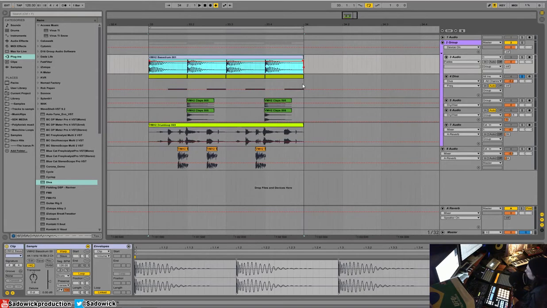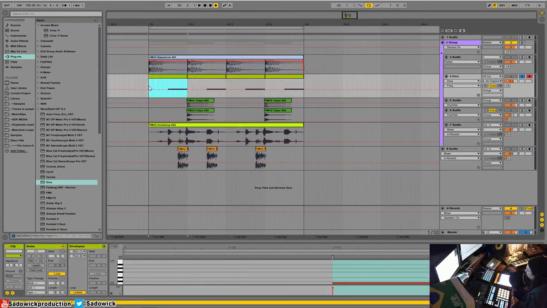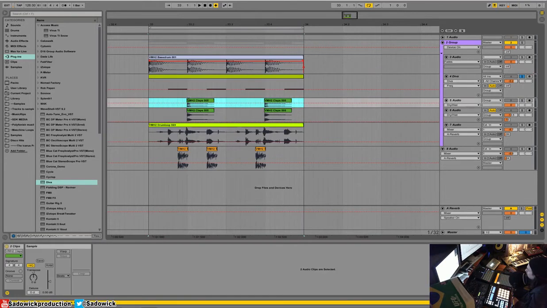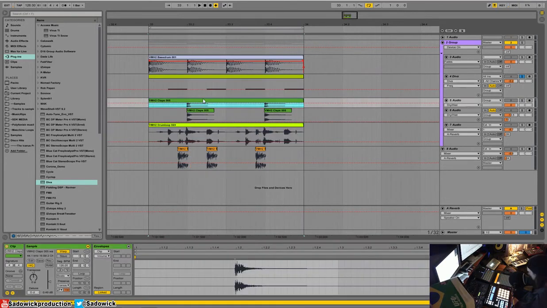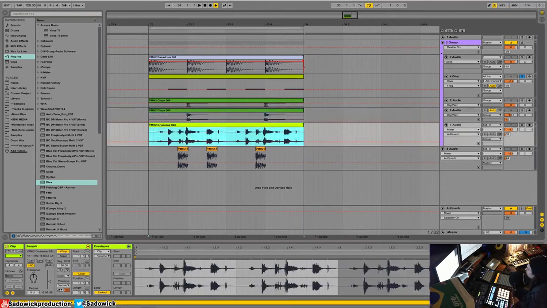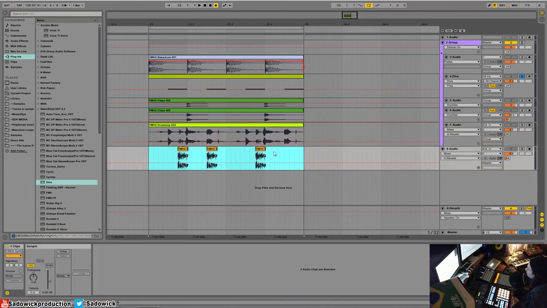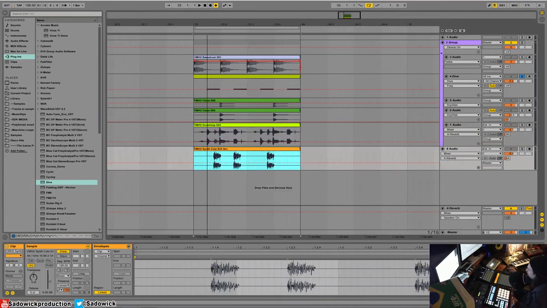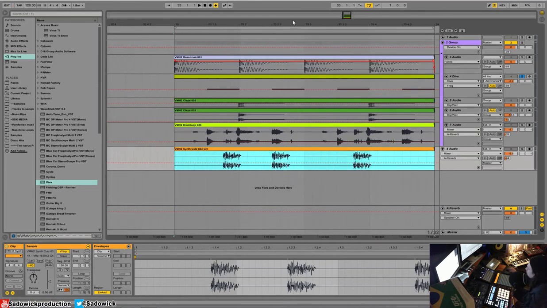Same thing with MIDI. So I have these little MIDI sections. What I can do is consolidate that. I can consolidate this. I can copy, paste that. This is already put together. I'll move this over there. Consolidated. I can consolidate this. Consolidate. So now I have things that are very easy to work with. Loops, very fun. All right. So now